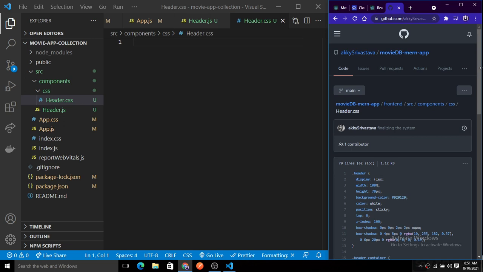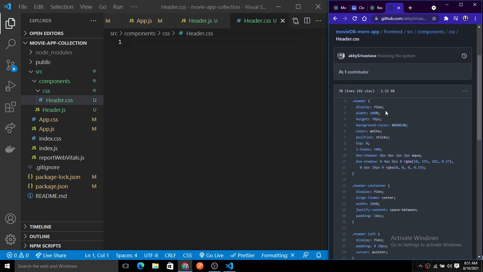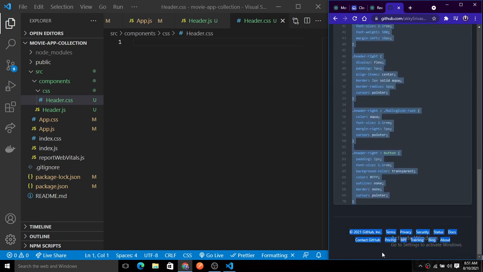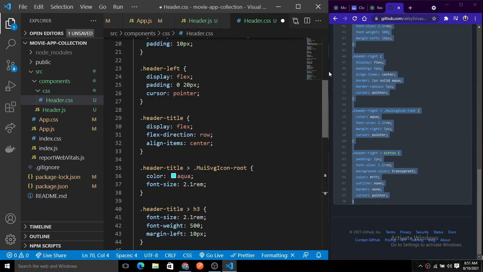I will share the link in the description for this repo, or you can simply get the CSS from there. So we have the header class. So here we are using the flexbox for giving the responsive design here. So I'm just simply copy everything here and paste it down here, and I will explain to you each and everything what exactly this is.